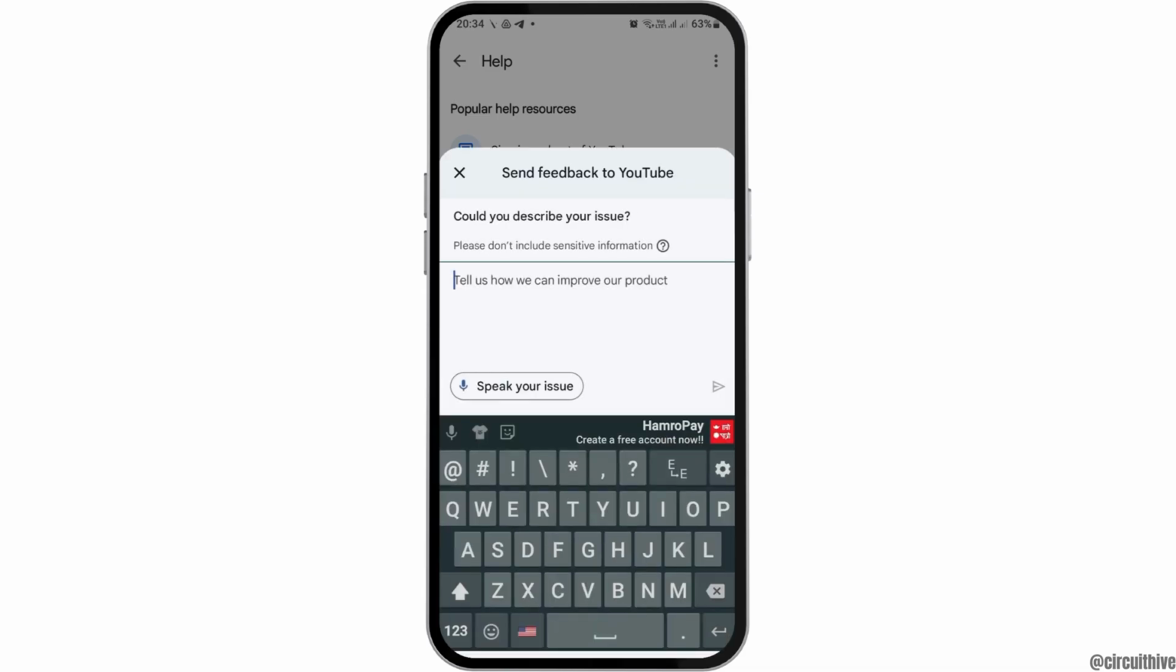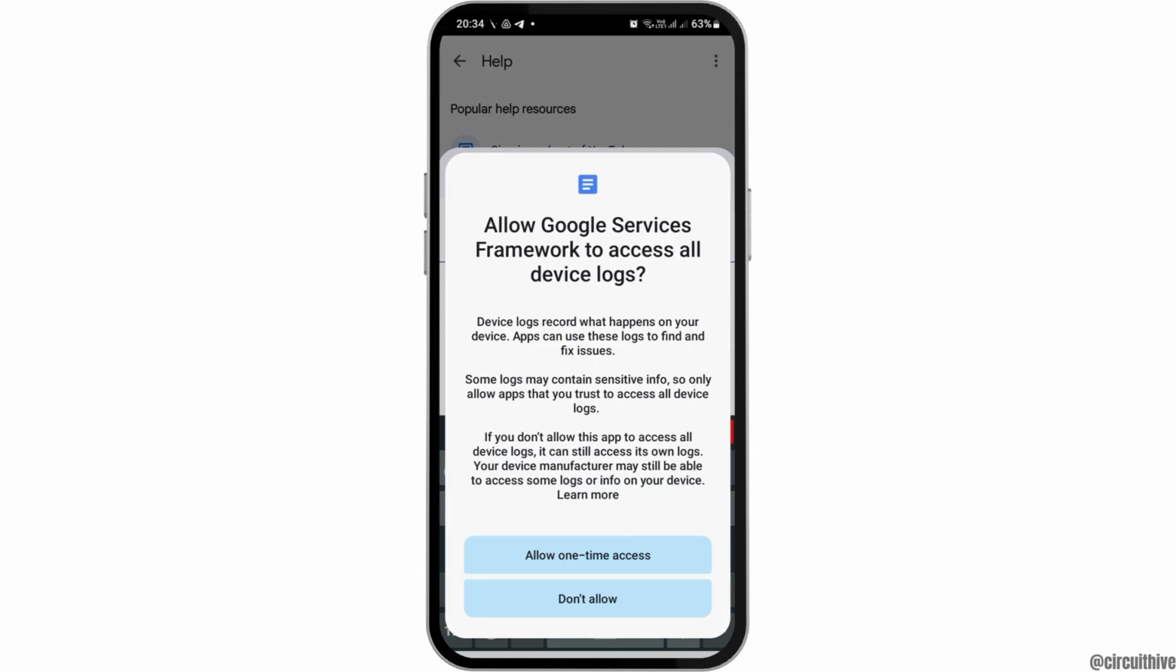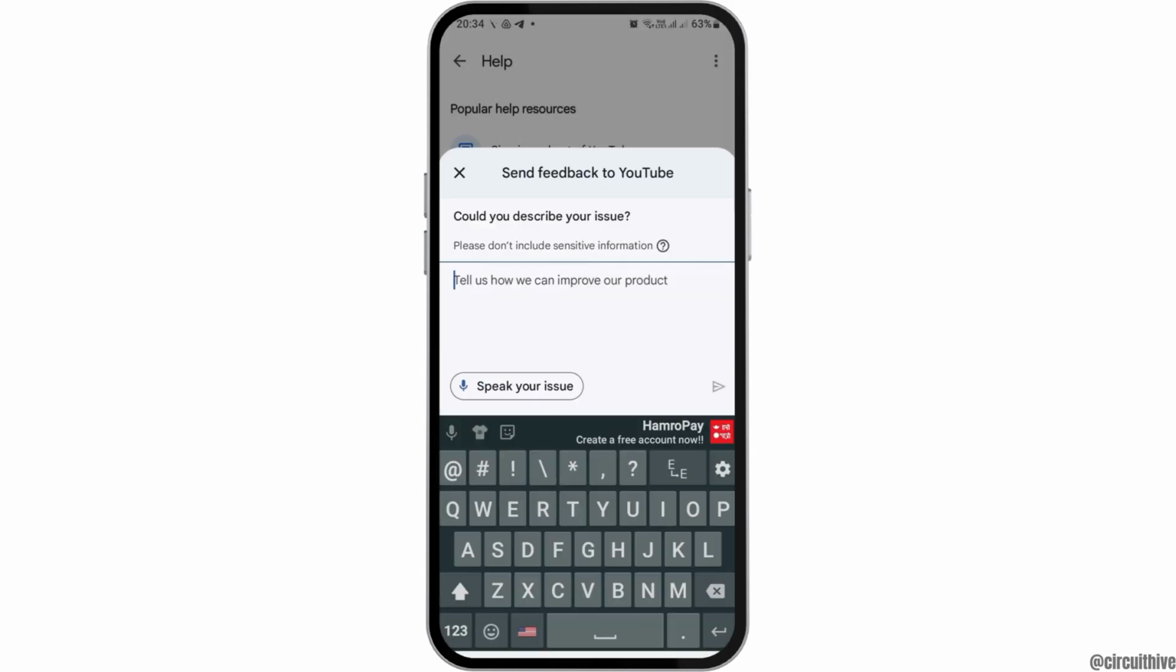Now here you have to tap on the option of get started and then go to the option of allow one-time access. Now here you can just mention what problem you are facing, that you would like to recover your deleted videos on YouTube, and you can send it. You can also mention your issue by just picking up your issue and then sending it, and after the developer of YouTube finds it within 24 hours, your problem may be